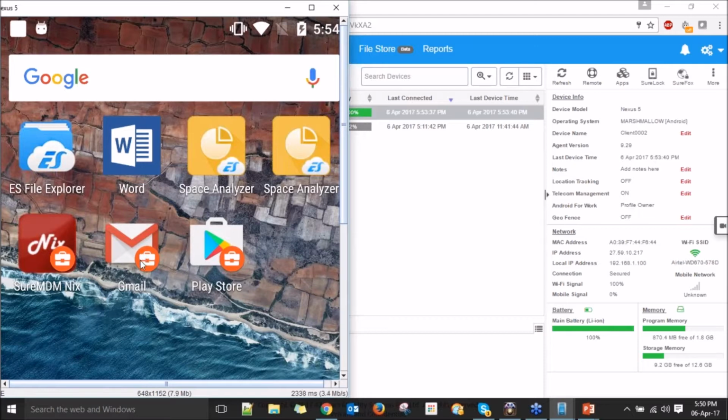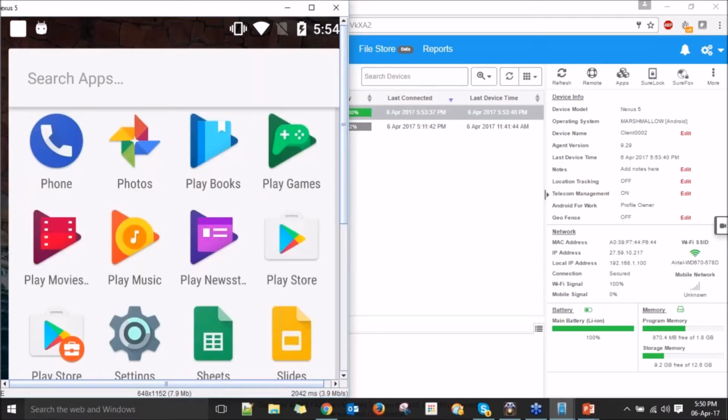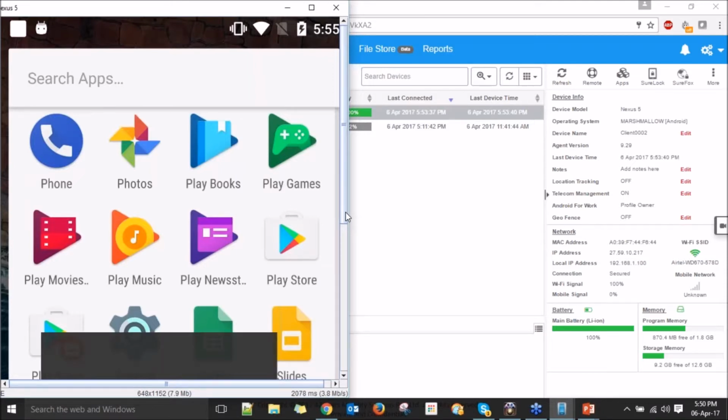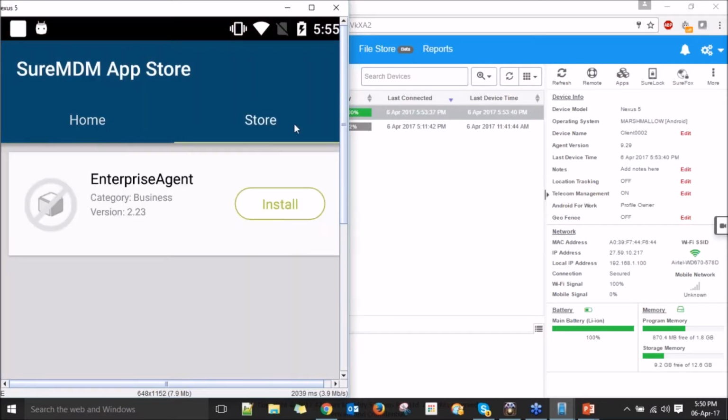So this was basically from the email configuration we did. And if I go in and scroll to the bottom, okay, so this is the SureMDM App Store, which I have selected. And if you go to the store option here, you have the enterprise agent here, which we tried pushing as a profile. And going back,